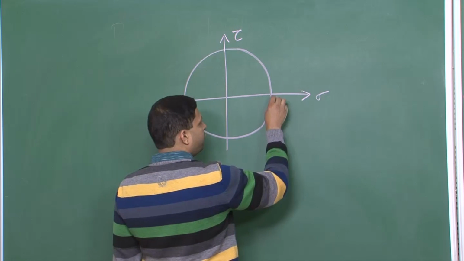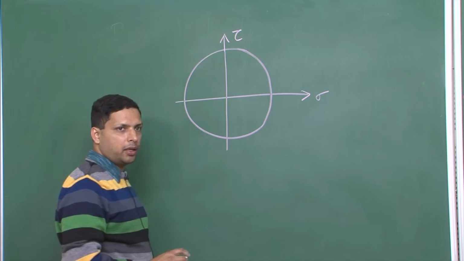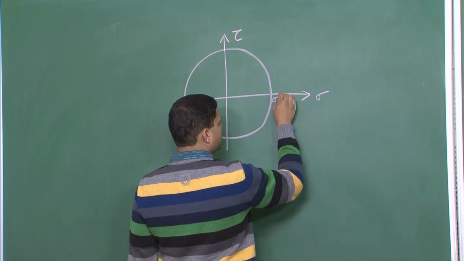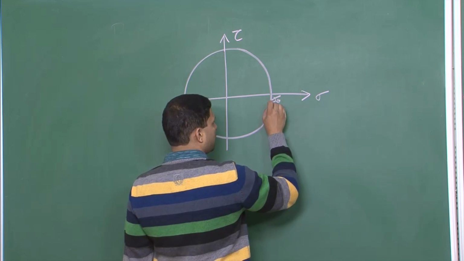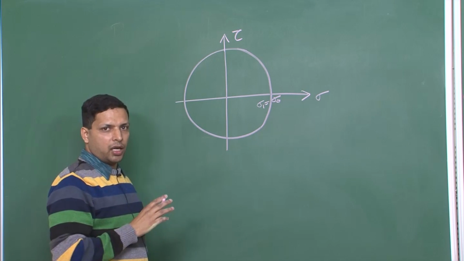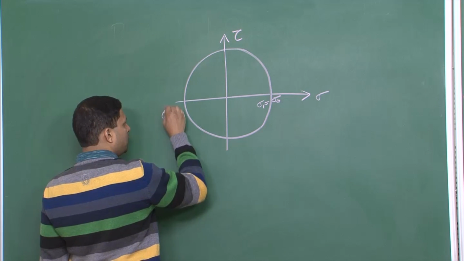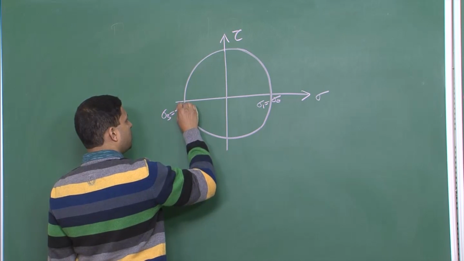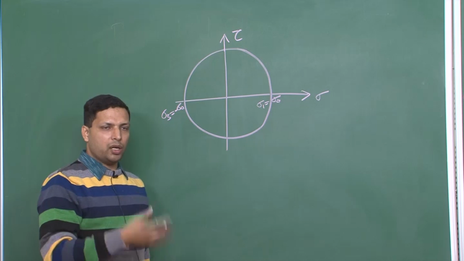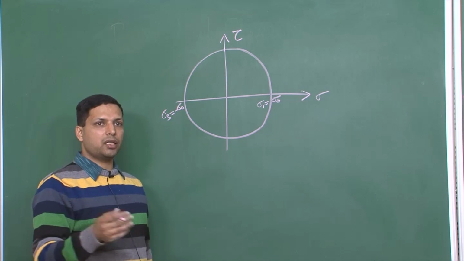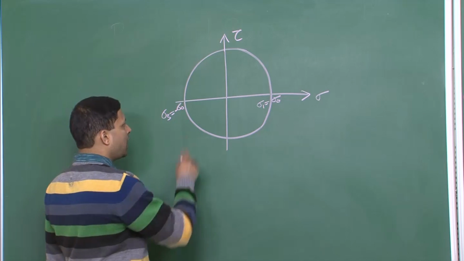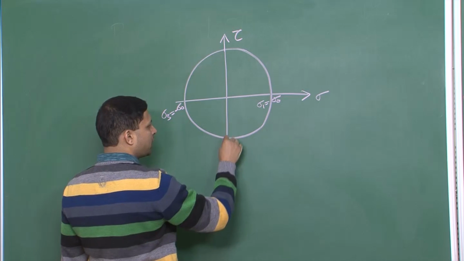Now, if we take a particular element which is in a condition such that the normal principal stress is sigma naught, which is equal to sigma 1, and again we are looking at 2 dimensions, and sigma 3 is equal to minus sigma naught, meaning one principal stress is equal in magnitude to the third principal stress, but their signs are different, meaning one is tensile, the other is compressive. Now, in that case what happens? This y axis is now